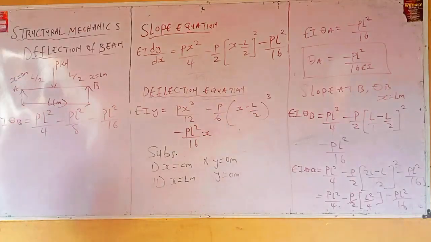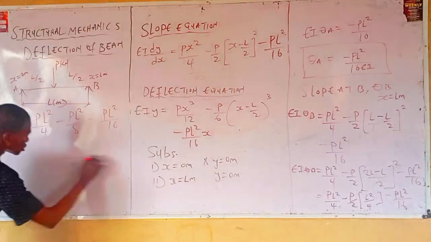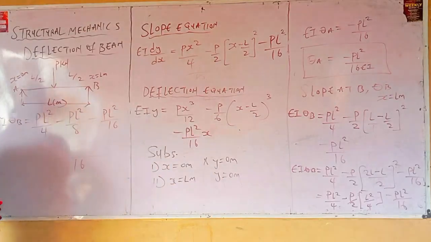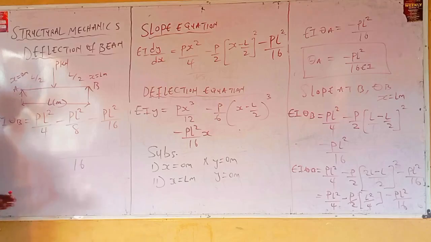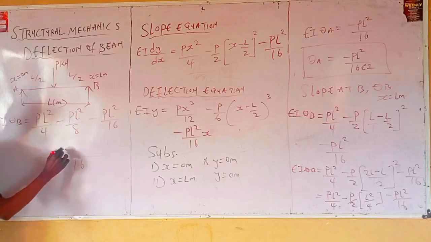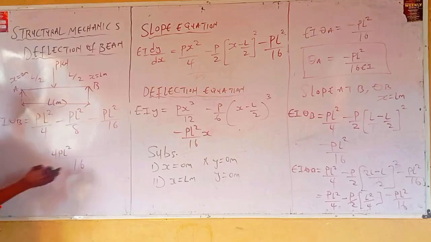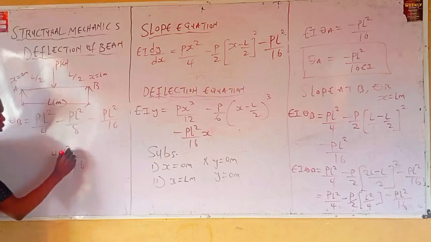Now let's take the LCM. The LCM is 16. 16 goes here. 16 going into 4 is 4. 4 times this, what do you have? 4PL square. 16 going into 2 is 2. 2 times this, what do you have? Negative